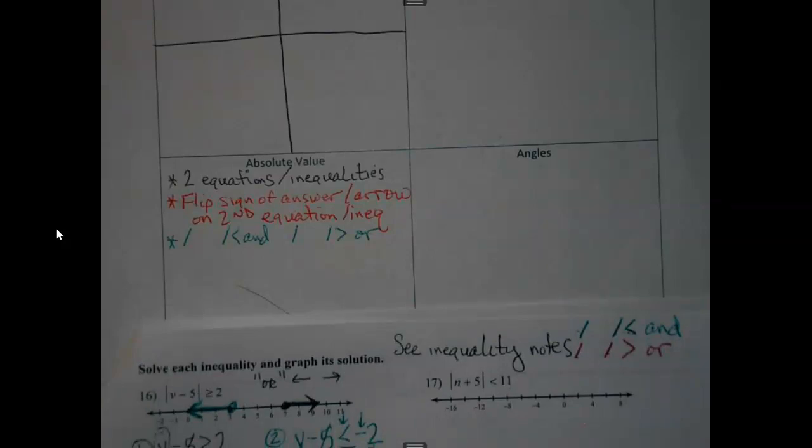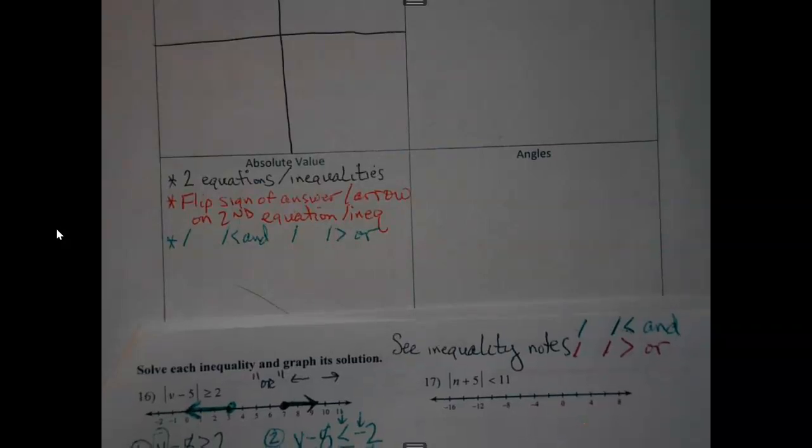And then I'm just going to put in 2 or 3 examples. I'm not going to go crazy here and try and put 6 or 7 in like I did the equations. To me, if I could get 3 examples in here,